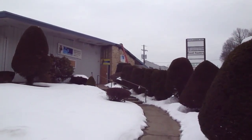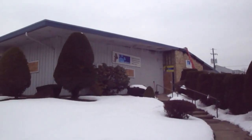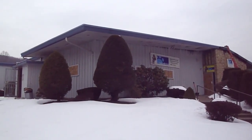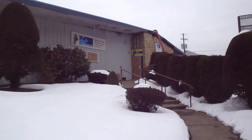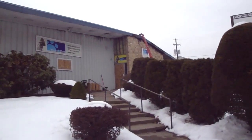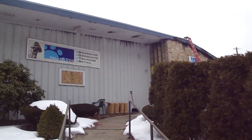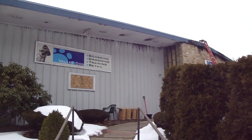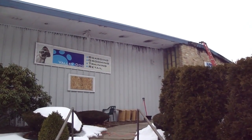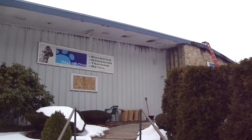We're at 213 East Luzerne in Kingston, Pennsylvania. This is a prefab building that had a fire, and I'm trying to identify a couple things: how much smoke damage happened on the inside. The fire was on this end in a dog kennel area, dog grooming, dog kennel, and next to that's an